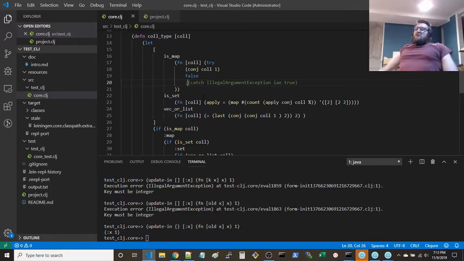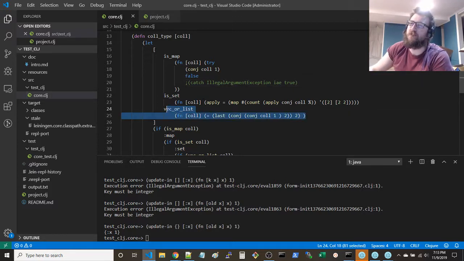I don't know. I mean, ideally you'd say if these are false, but you can't use these cons, because you can't use cons on a hash map. It'll crash.